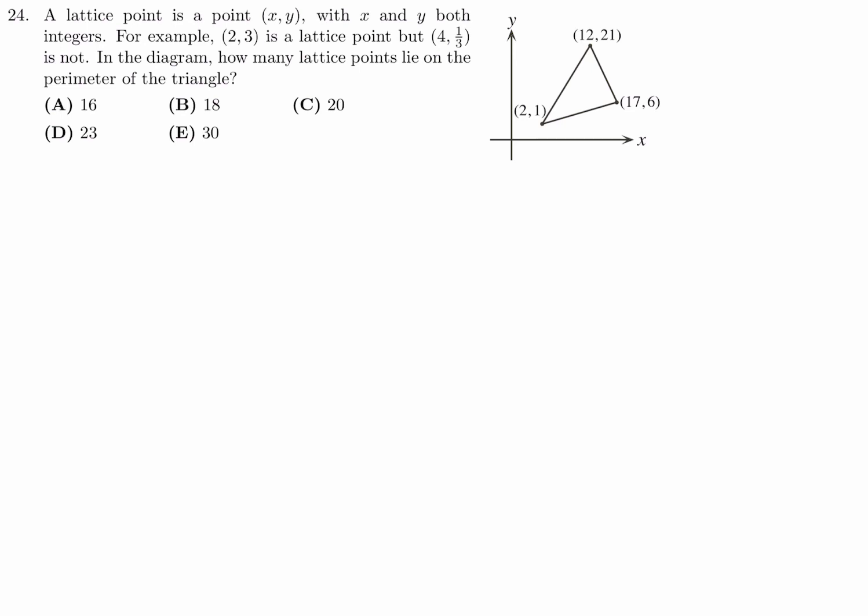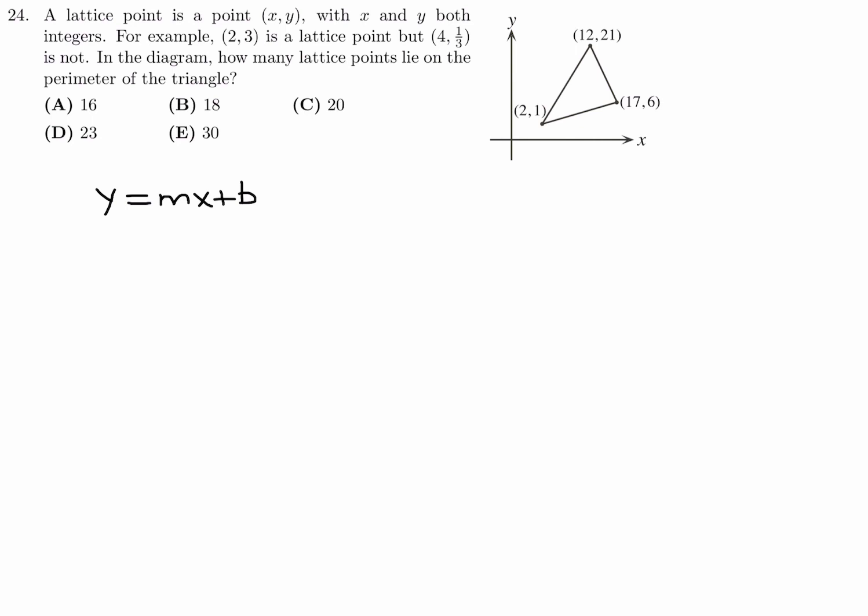There are several approaches to this question. I'll just do it in the way I like, which is a simple way, looking at it from the perspective of an equation of a line. So there's going to be 3, right? There's going to be the first line, which is from here to here. Then there's going to be another line from here to here. And then finally the third line. Okay? And then we can add up the lattice points. So the first one,